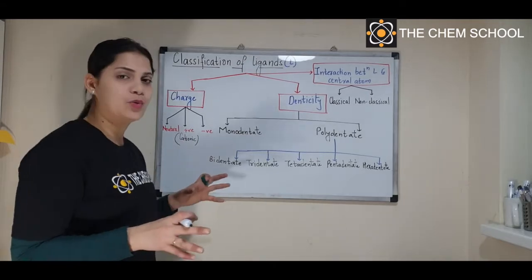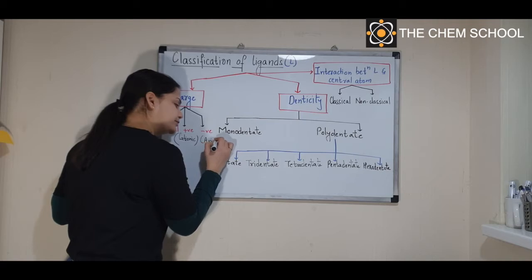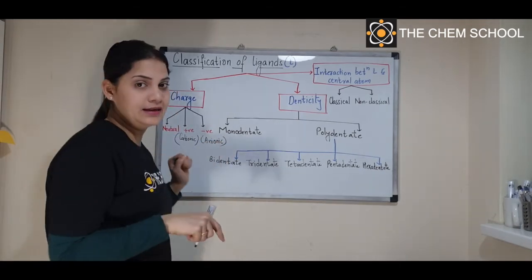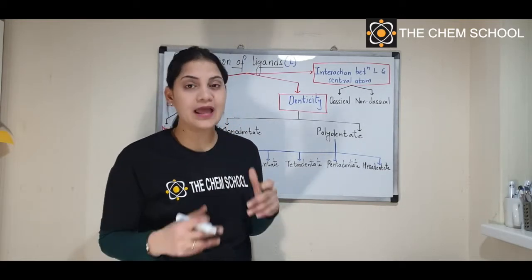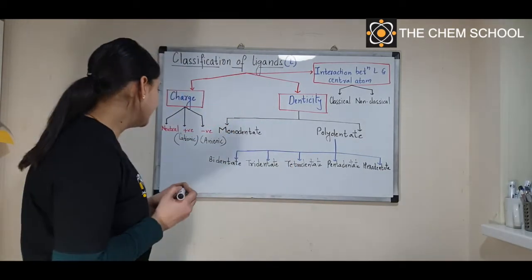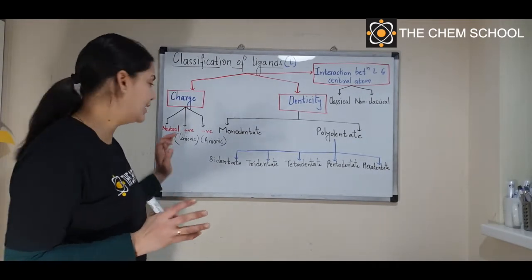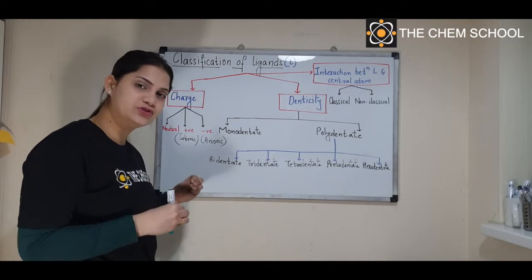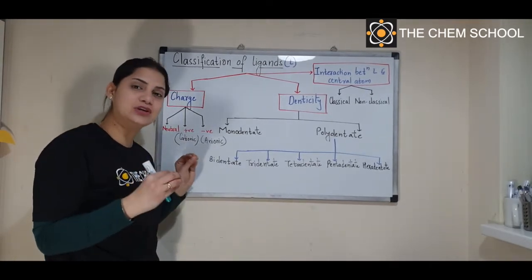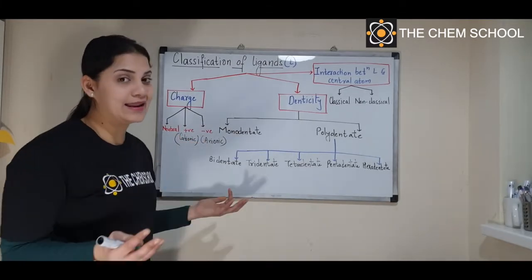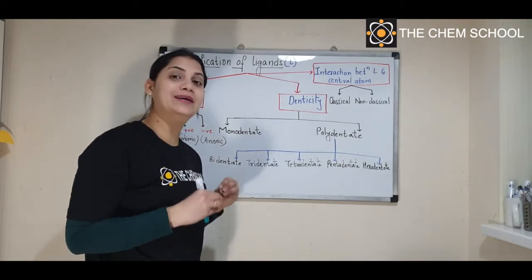The next one is negative. When you say negative, it is going to be an anionic ligand. In an anionic ligand, if it has a lone pair, it can donate the lone pair or it can donate the negative charge, either of those. So I repeat, when you say based on charge, if the ligand has no charge, it is called a neutral ligand. If it has a positive charge somewhere in the molecule, it is called a cationic ligand. If it has a negative charge somewhere, it is called an anionic ligand or negatively charged ligand. Is that clear?